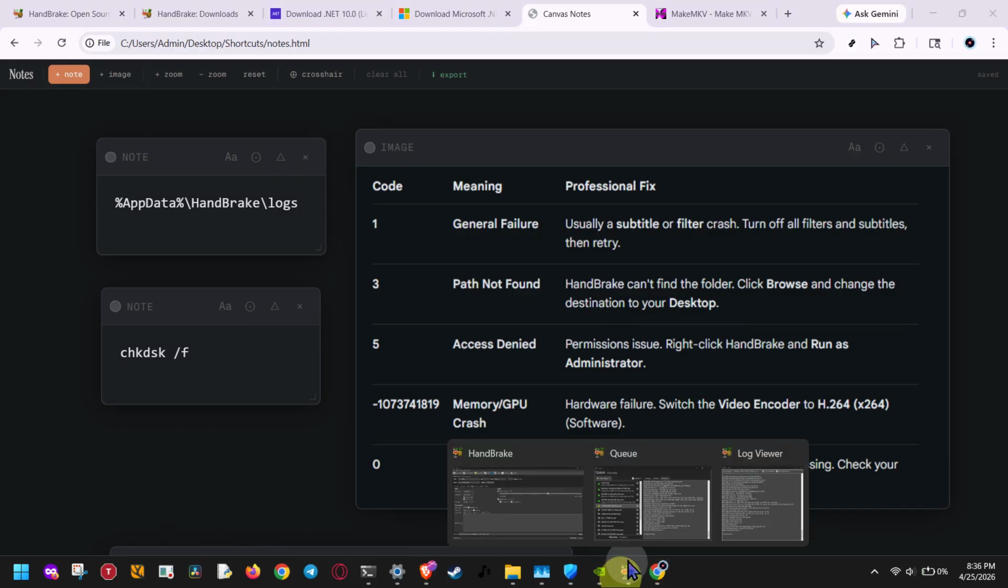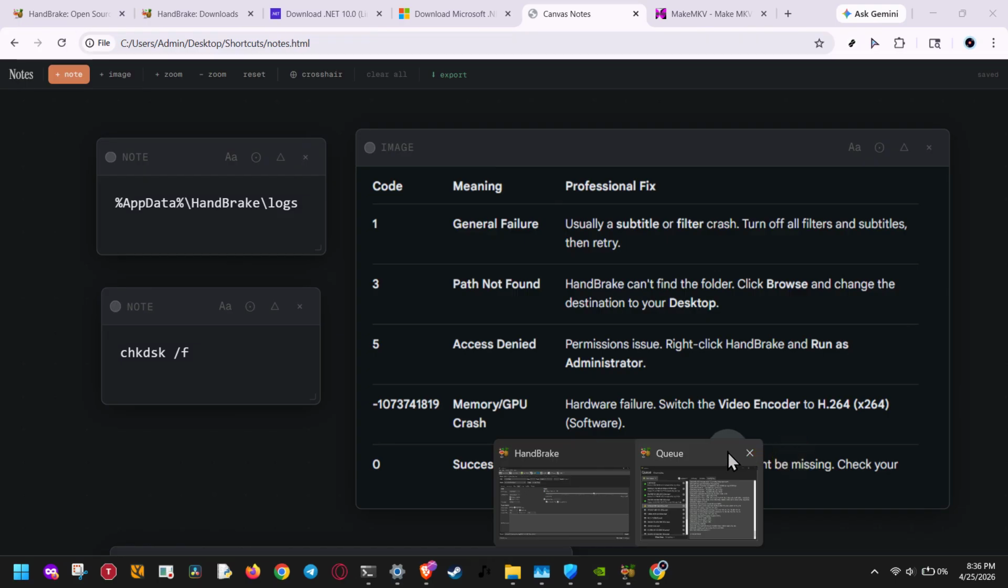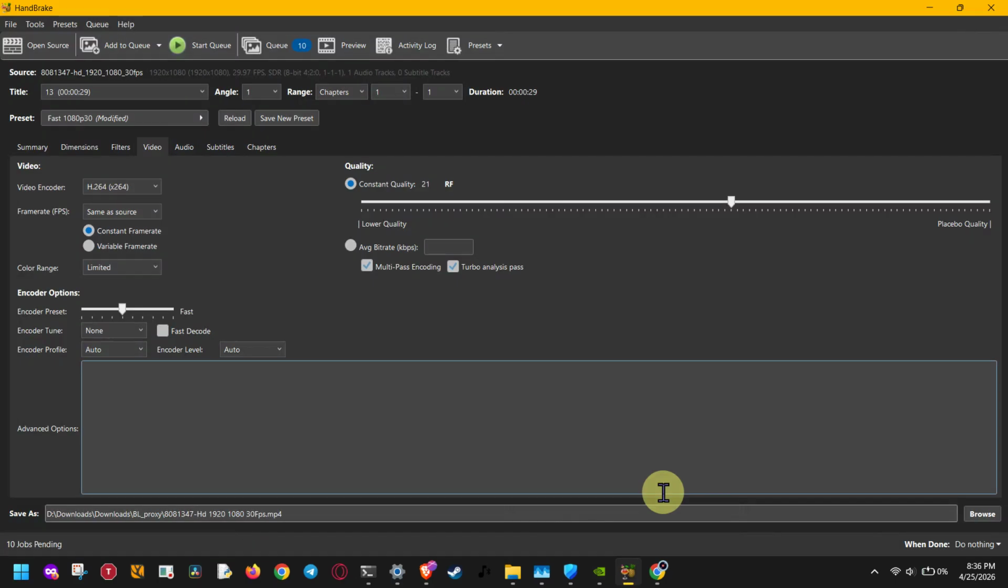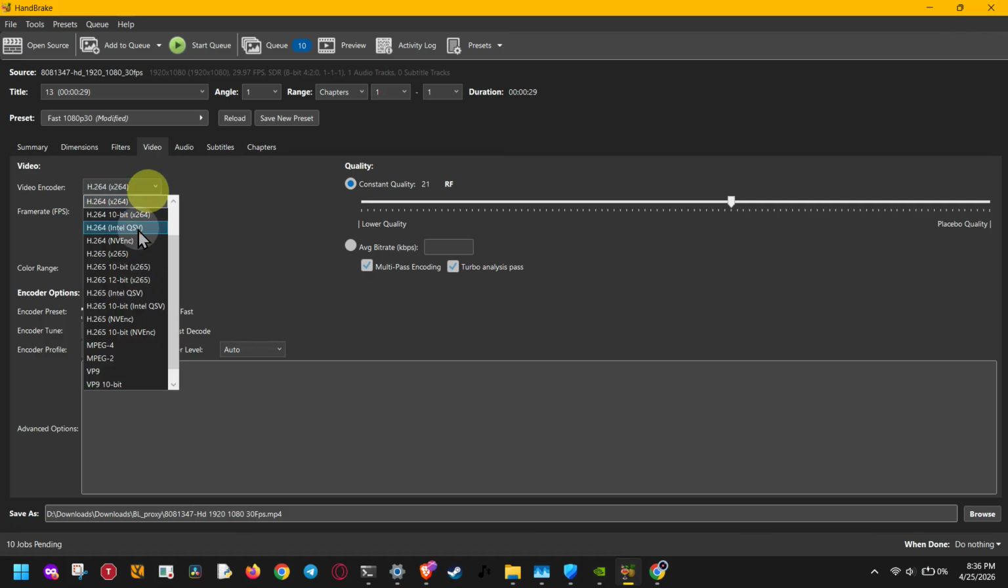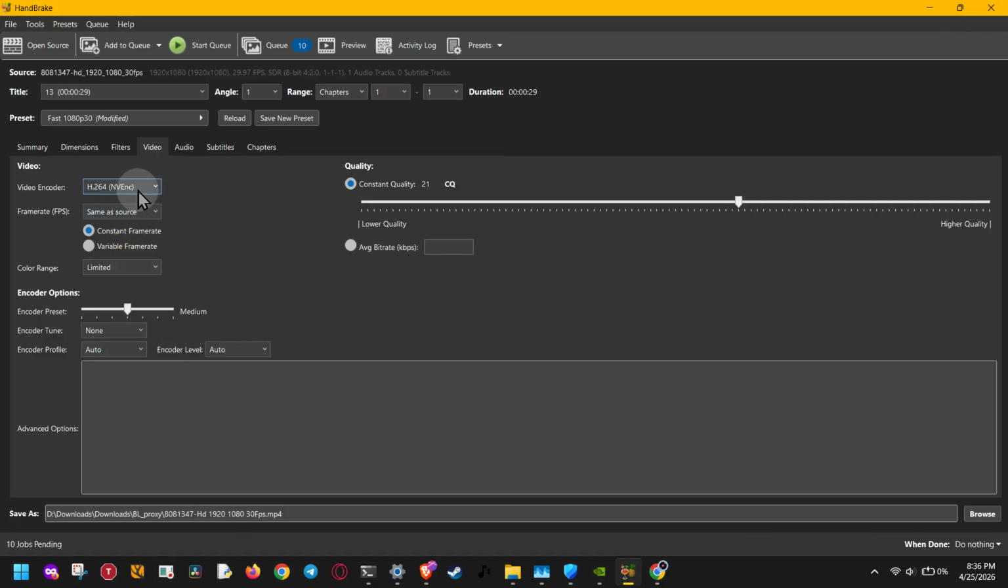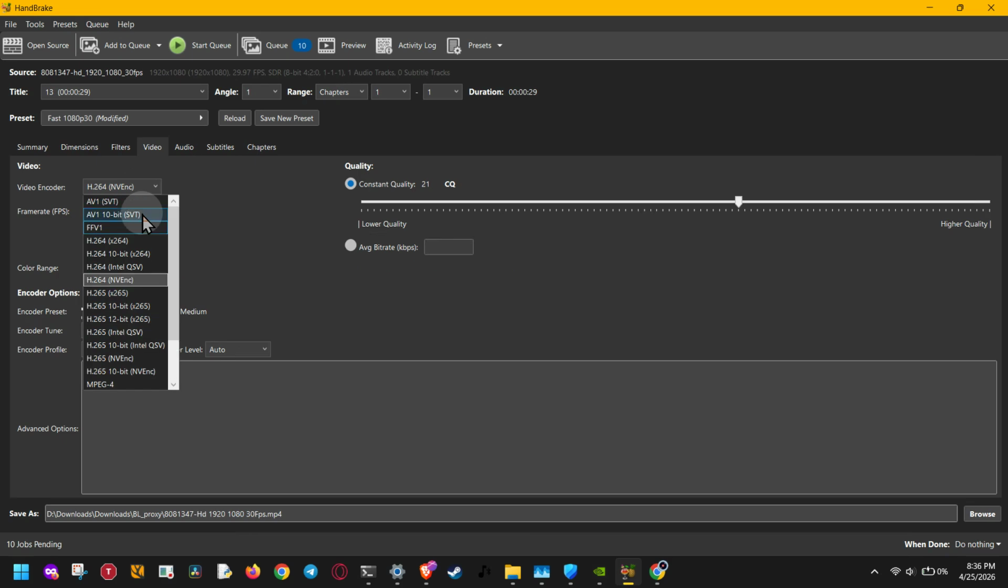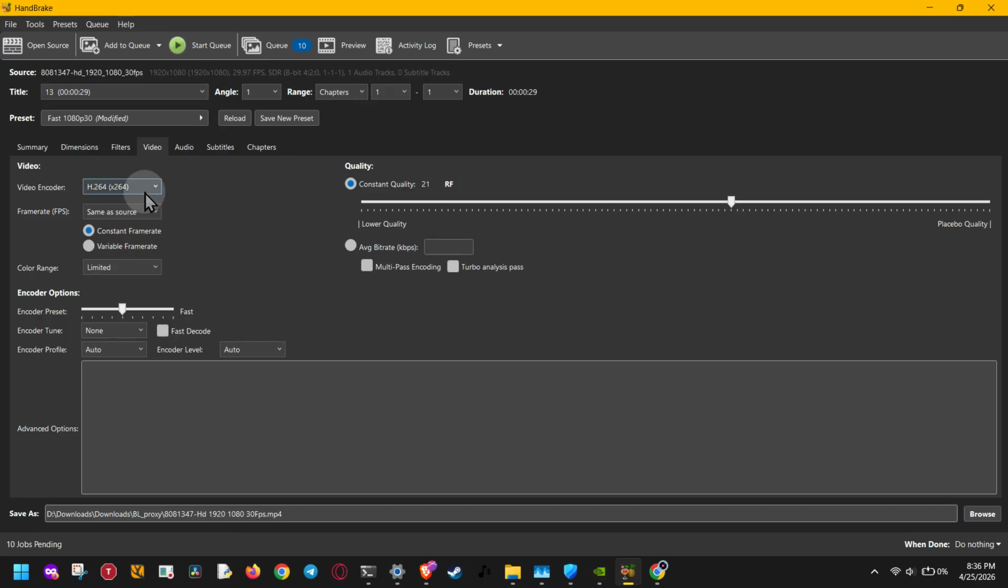Now, if your log points to a GPU-related issue, the next step is to switch away from hardware encoding and test with software encoding instead. Go to the Video tab in Handbrake. Then change the video encoder to H.264 using x264. This is the software encoder, and it is often much more stable when you are troubleshooting. If the encode works with x264, that strongly suggests the issue is tied to your GPU encoder or driver